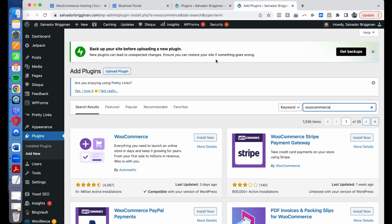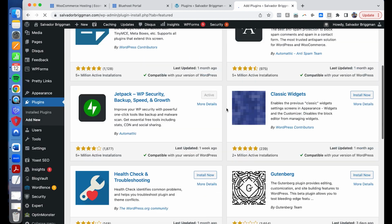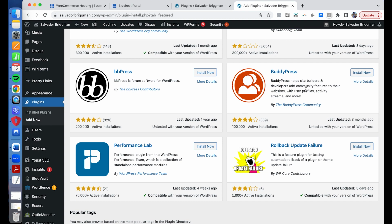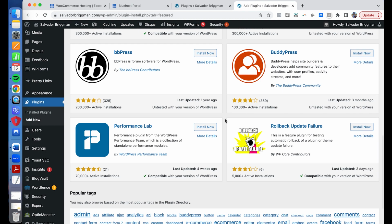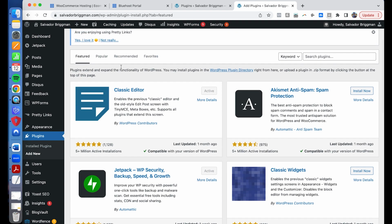And you're going to be able to have a bunch of different types of plugins that are available. So you can see ones that are featured, that are popular. So I'll just give you an idea here of what some of these are going to look like. The cool thing about plugins is it's basically upgrading the functionality of your site immediately. So you can, for example, have a community feature built into your website. Or you could have Jetpack, which is very easy analytics